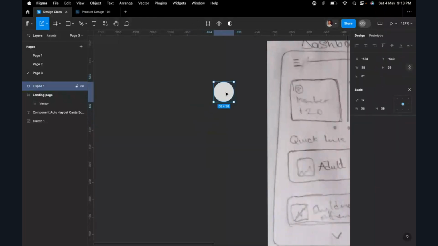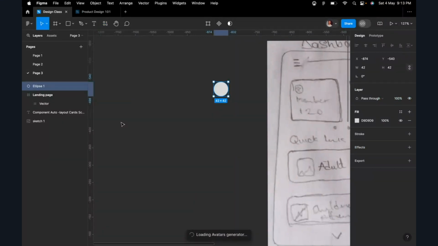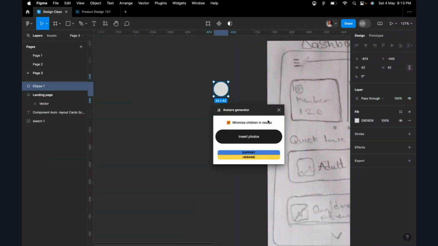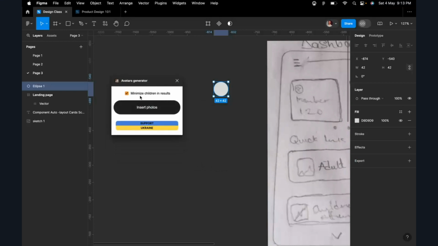So I have that for my icon, right? So what am I going to do? I'm going to power clip something in it, and that is going to be image. Then I'll come here to my avatar generator, click on it. Yeah, this requires that I want to insert image. So if I click on this,